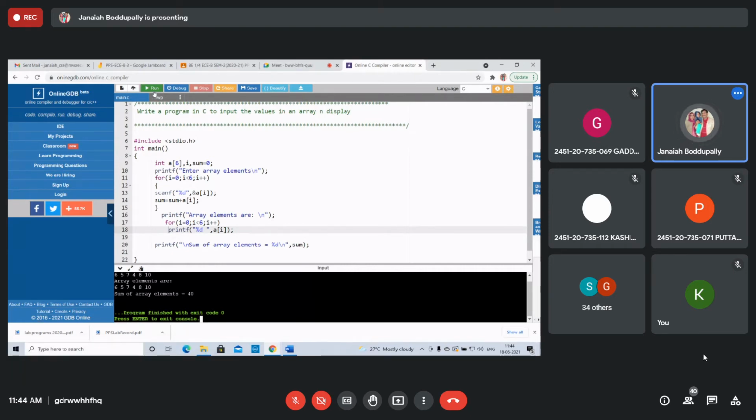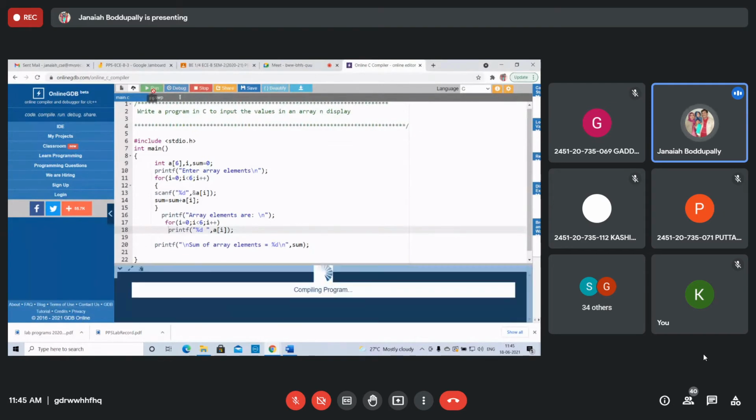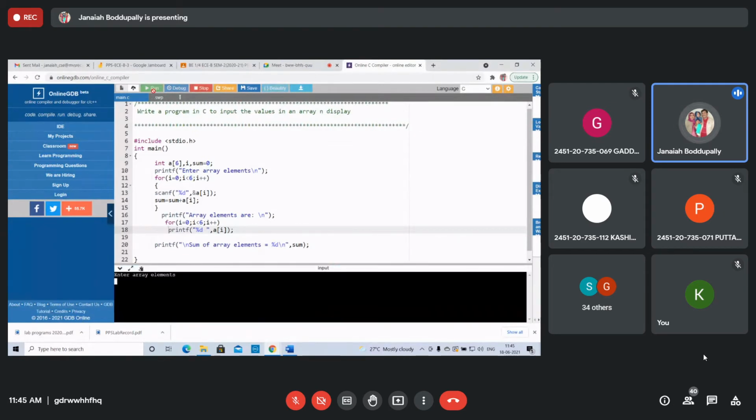Got it, students? One dimension array, just only row. Got it? Right. Sum of array elements is 40. That's it. Take this. You can take 10 elements also. Right. So how to calculate number of even and odd? If I enter 10 elements, how many even numbers, how many odd numbers, how can you calculate? Right? Students? Right. Using that symbolic constant, use this.